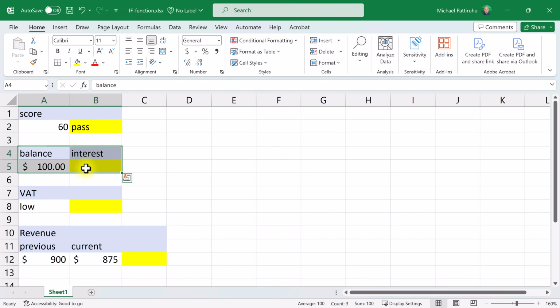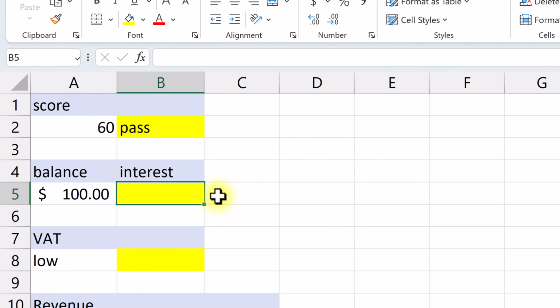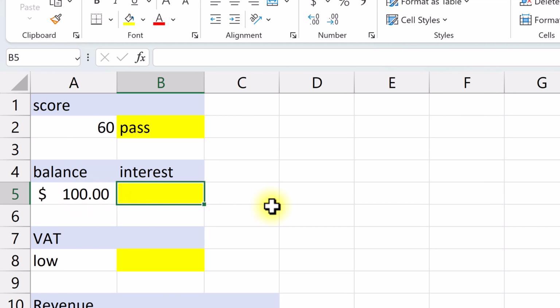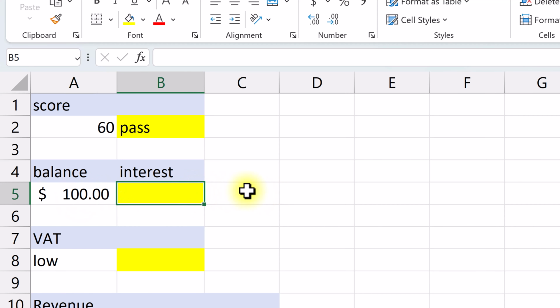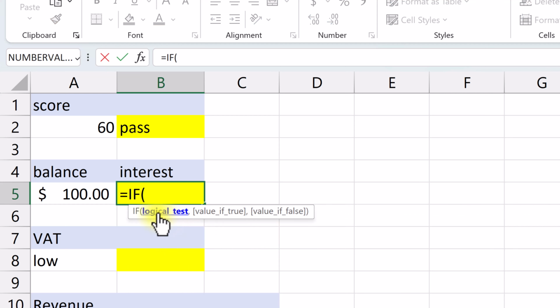Now in my second example, I want to have an interest rate, either 2% or 7%, but I want my interest rate to be dependent on the balance. If the balance is positive, I want to have an interest rate of 2%, and if it is a negative balance, I want to have an interest rate of 7%. So again, I'm going to type the if function. First, my logical test. If the balance is greater than or equal to 0, then, comma, I want to have an interest rate of 2%,